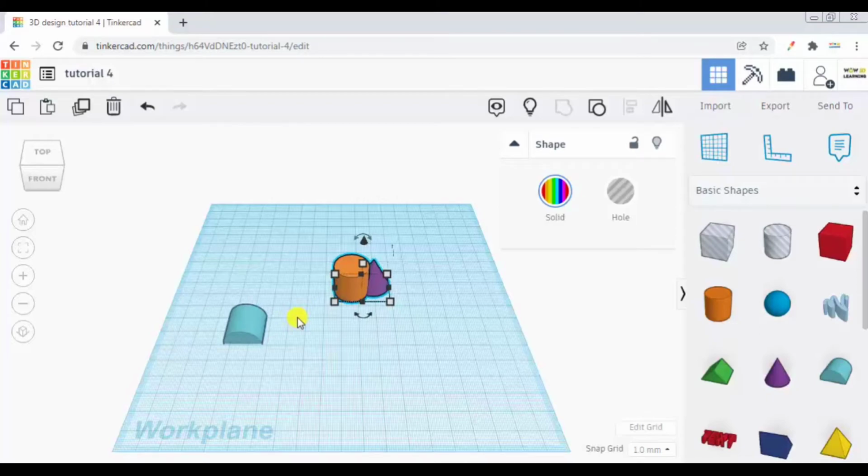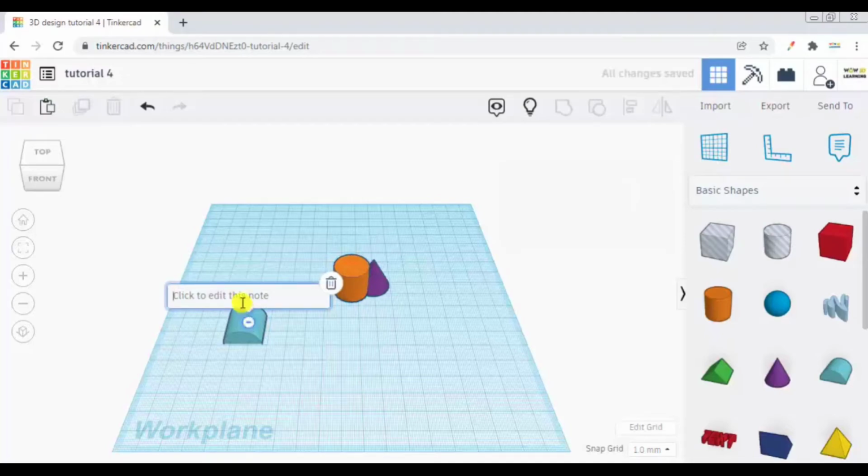Now we will see this option called as note. The shortcut of note is you have to press N on keyboard. So this note will appear automatically. Wherever you will click on your screen, it will go and fix there. Now let me say I am clicking it here. Now once you paste it somewhere by clicking, this bubble will pop up saying click to edit this note.